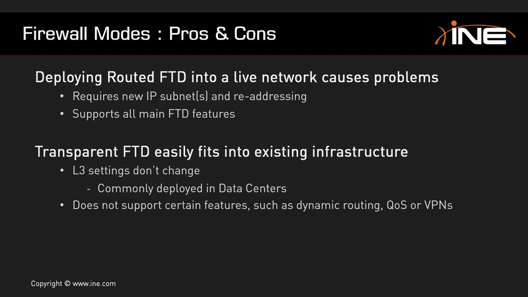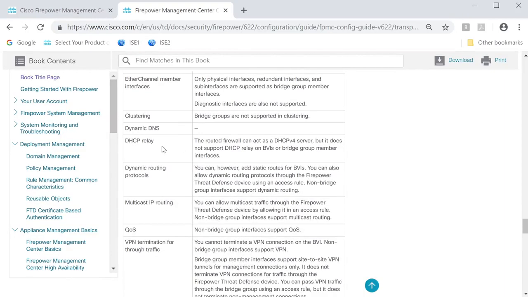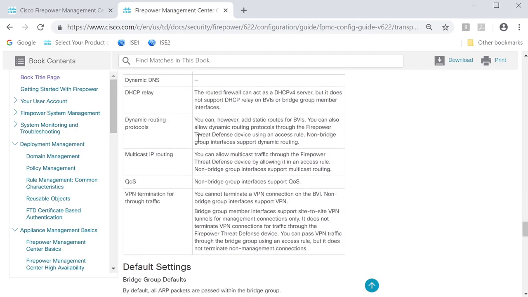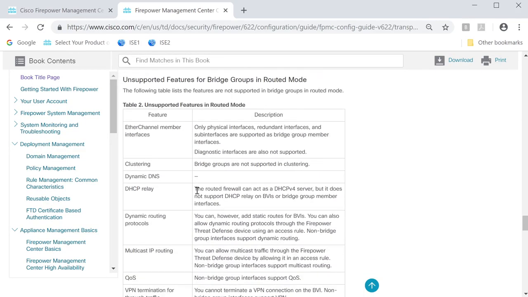But as you guys probably know, this benefit of easy integration comes with a cost. FTD in the transparent mode does not support all the features, like for example dynamic routing, QoS, VPN, DHCP relay. So there are a few different features that are still not supported. So before you deploy it, you want to take a look at this table to see